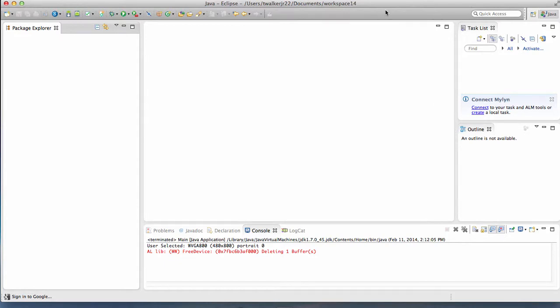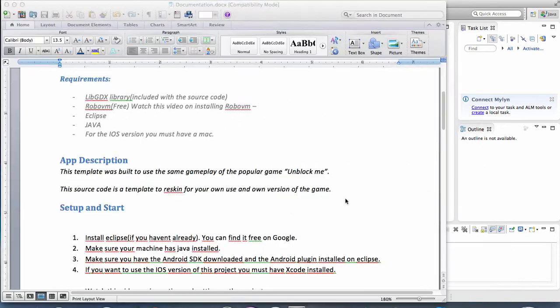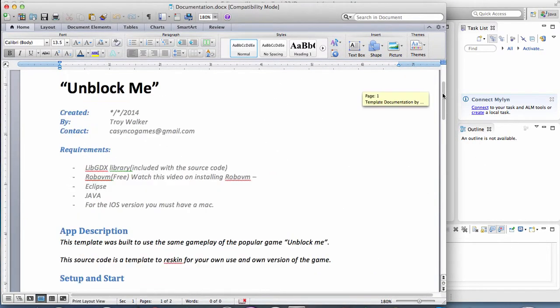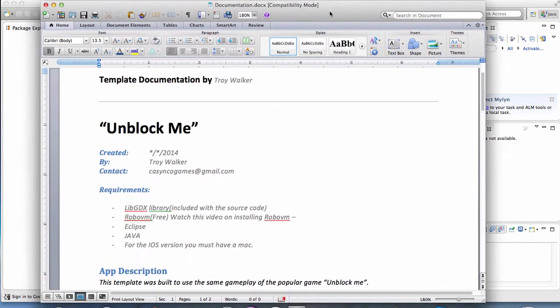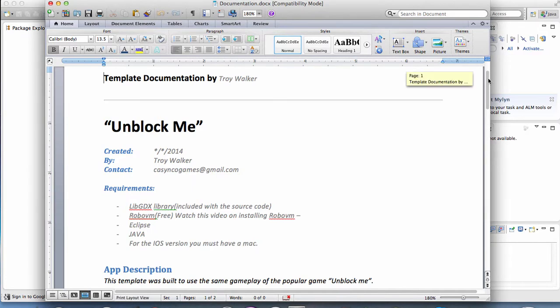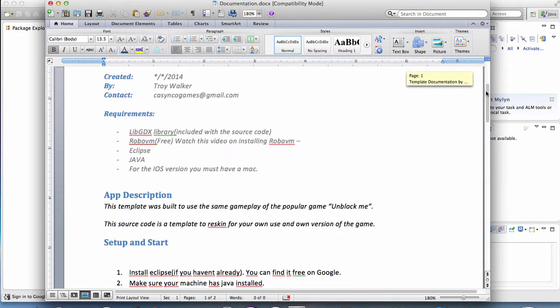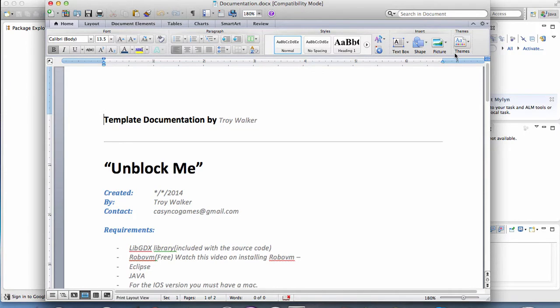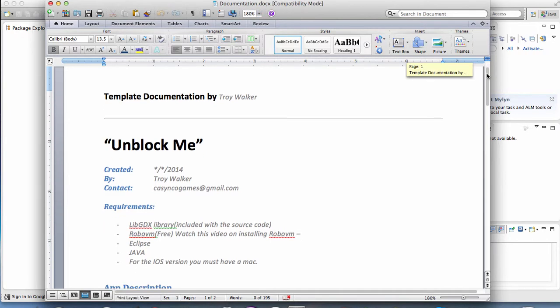Alright guys, welcome to the first documentation video on the Unblock Me slash Unblock Jelly source code. So to get started, I want to make this first video a brief overview of what you're getting, and how to set up the project and get started with running it